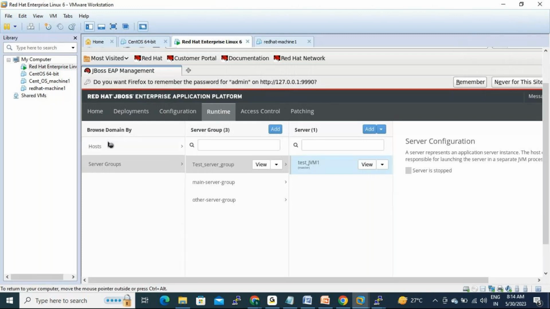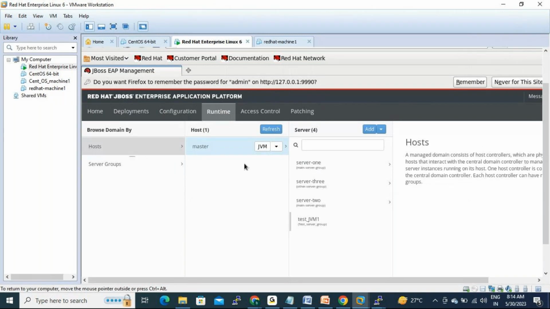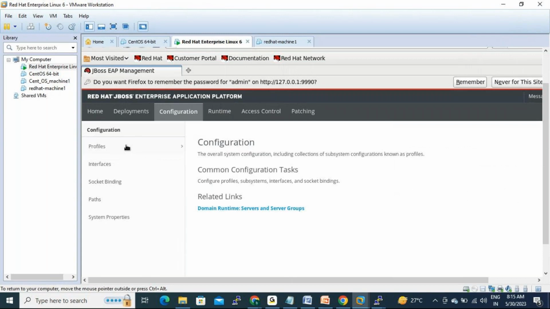If you go to the host controller, here we have master. If you want to create host controllers, we can create. Or else we can add multiple instances under host controllers. We have only one host master. Okay. Once the host controller is registered with the domain controller, the host controller will act as a domain controller. Okay. That is the concept here. If you go to the configuration,